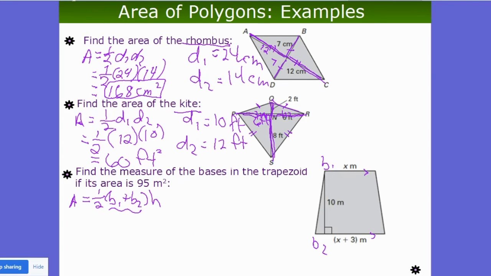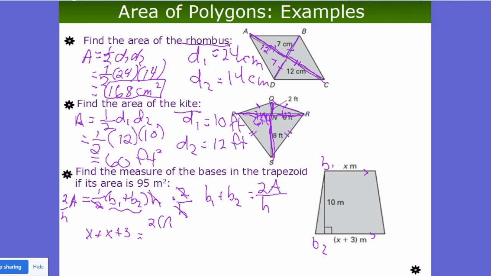The way I can do that is multiply both sides by 2 over h. Now why 2 over h? Because this 2 will cancel out that, and this h will cancel out that h, which gives us base 1 plus base 2 equals 2 times the area divided by height. And I'm going to substitute into this one because I think it makes things a lot easier. So base 1, let's say that's x, and base 2 is x plus 3,